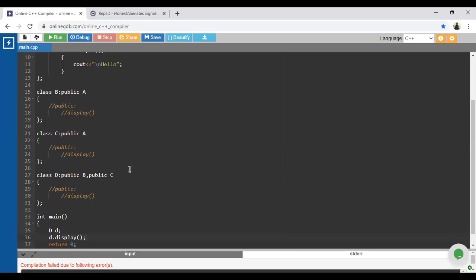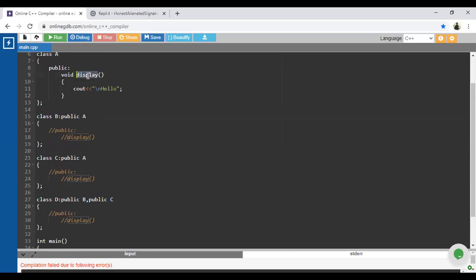Yes, in the previous lecture, which we covered on Monday, ambiguity in multiple inheritance, because that particular method is available in both base classes. Now, if you are talking about the class D, what is the relation between B, C and D? This is nothing but multiple inheritance. So here in this case, this particular display method is available inside the class B also and class C also. But actually that particular method is available inside the class A. With respect to this method, I will show you that particular figure.